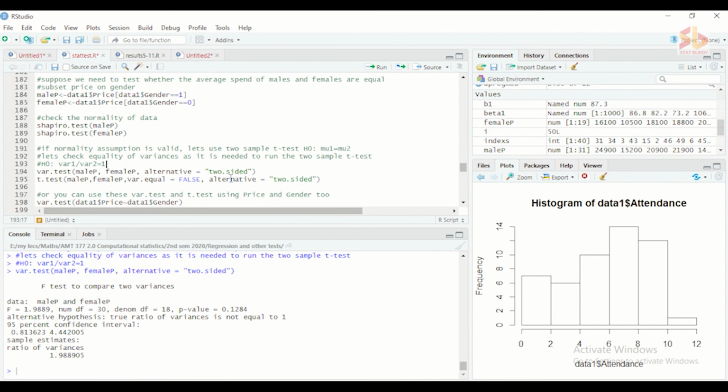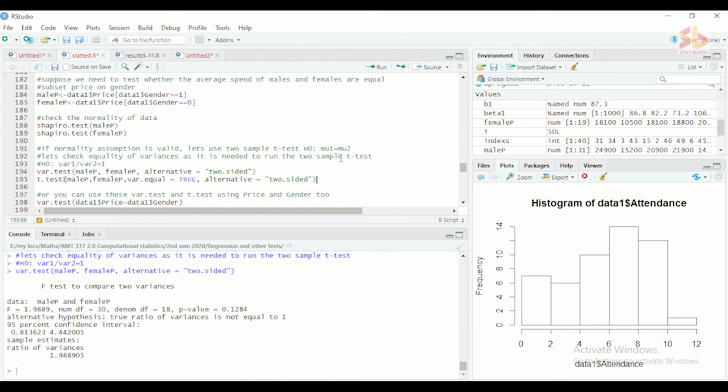So equal variance is true now, and the t-test can be performed after this result. So for the male and female data sets, equal variance is true, because we can't reject the null, which means variances are equal.